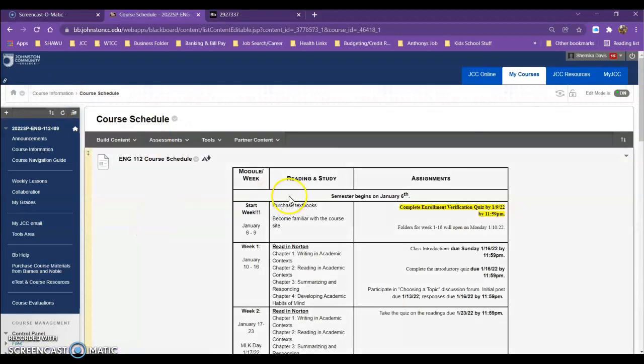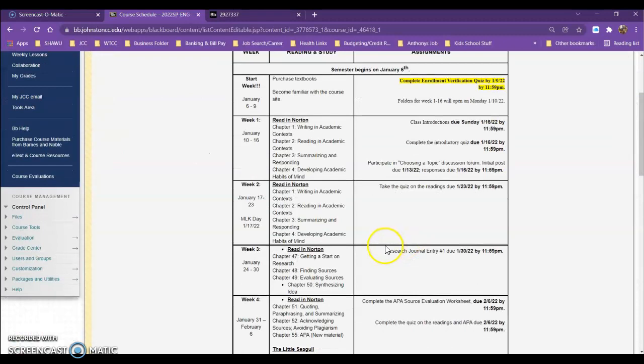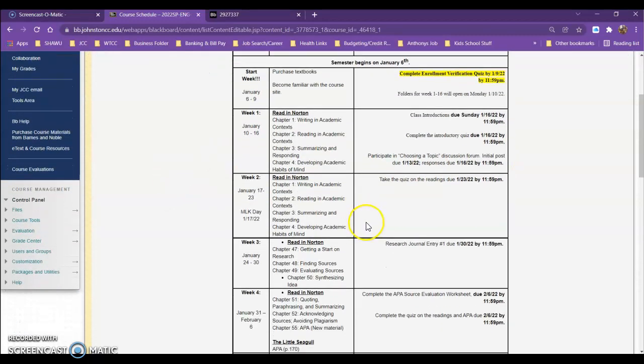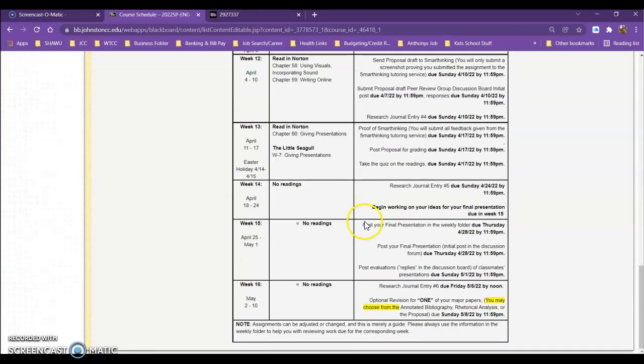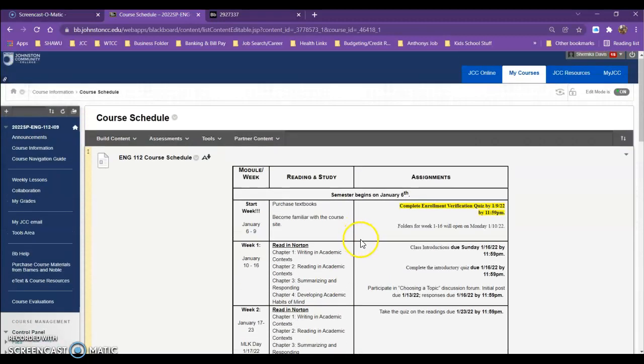The next thing is the course schedule. I'm pretty certain everything's been tweaked and all my dates are correct. So I believe at this point you can look at everything and it should be the way it's supposed to be. So obviously, make sure you read through, skim, and see all of the work that you're going to have this semester. That way you'll be ready to go.